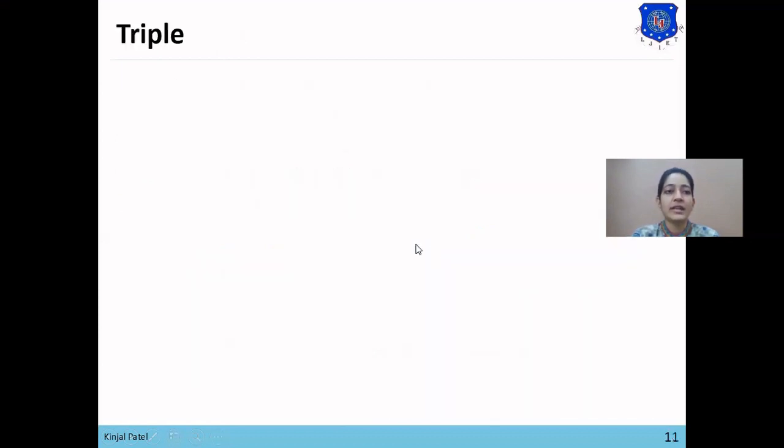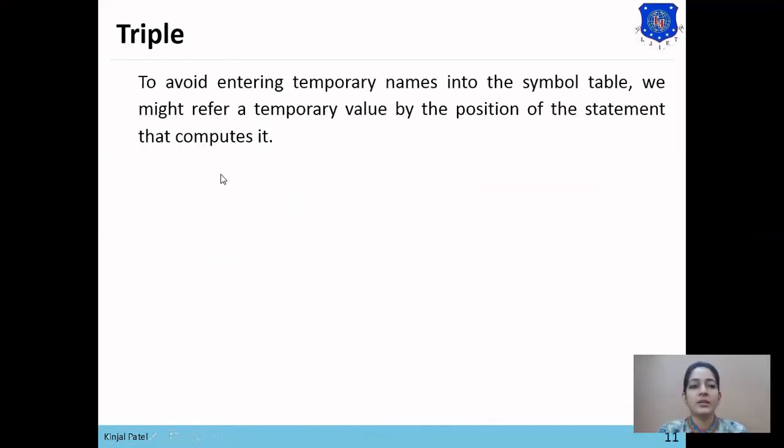Now next is triple. To avoid entering temporary names into the symbol table, we might refer to a temporary value by the position of the statement that computes it. Means in quadruple, 4 fields are used: operator, argument 1, argument 2 and result, where result is used to store the temporary value.